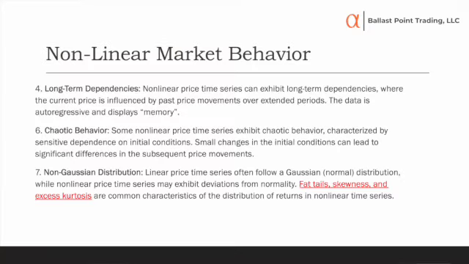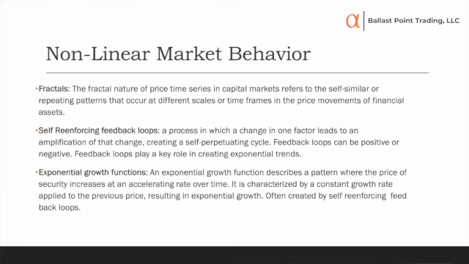All right, chaotic behavior we talked about, non-Gaussian distribution we talked about, fractals we talked about. Okay, now the last point here is one I would talk about: exponential growth functions. So an exponential growth function comes tied in with the self-reinforcing feedback loops, and this is when something can really accelerate, and you get what's called a J-curve function, like a power function, where it will just really move out. That's a characteristic of these nonlinear systems, and it's something that we're on the lookout for.